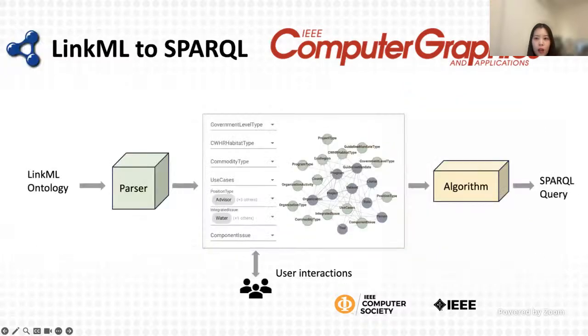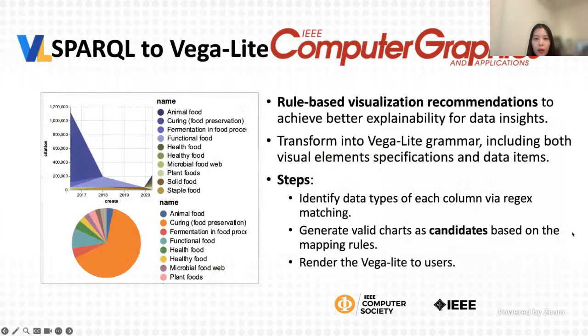We first propose an ontology template to define any knowledge graph. Then we develop a parser that processes any LinkML defined ontology for a knowledge graph. This parser converts the ontology into the graph structure with some predefined filters. Users can interact with the graph and apply different filters to the graph. Then all interactions are automatically translated into a SPARQL query for efficient information retrieval, which thus minimizes the need for manual effort. As the final step, we execute the generated SPARQL query to retrieve data elements from the knowledge graph.